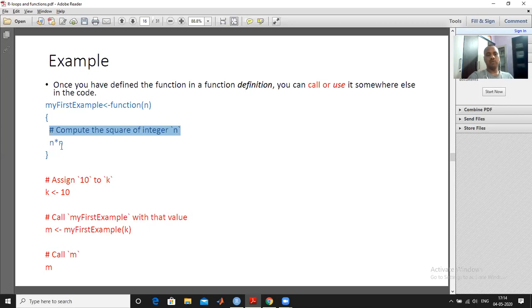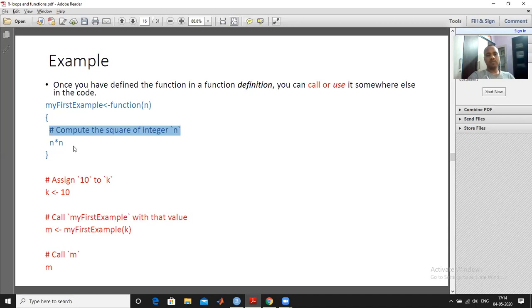It will compute n star n and return it by default, because the last line in the function is the returning value. There is only a single line, so it returns n into n. Nothing else, it gives you the square.